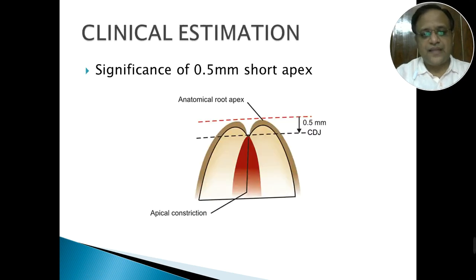So why is clinical estimation always short? If you see, the cemento-dentinal junction is almost 0.5 mm away from the anatomic apex. This is the anatomical radiographic apex, you should always keep it away from it. Your entire canal preparation should finish at the apical constriction or the minor diameter. It should always finish your preparation, your files, your GP point, your sealer, your obturation material. It should end here. Beyond this, there is another area. This is called the periapical area.